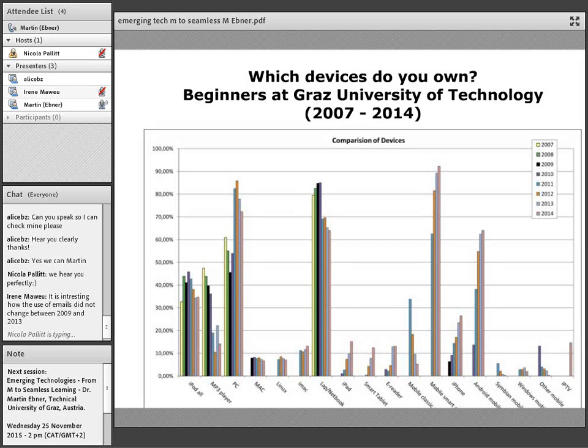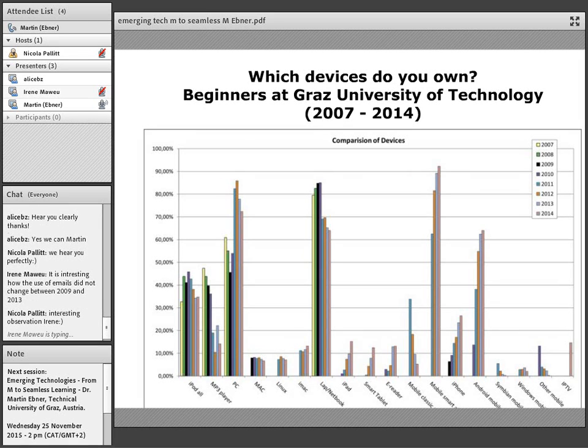That's very important for us, because sometimes we have at the university the argument, oh, we cannot do anything because they do not have their devices, they have no access to the internet and so on. And all these graphs for about 7 years now show exactly the opposite: that we have a youth who is very well equipped and is used to using this technology.